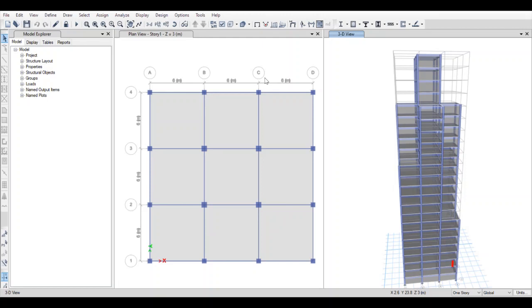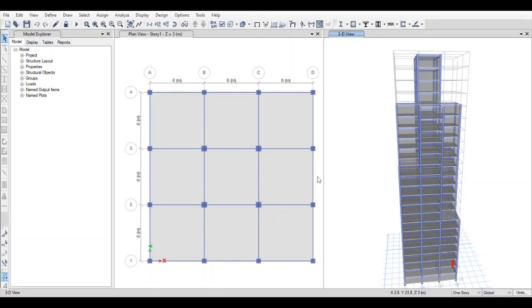What we can do is go to define, section properties, frame sections. We can increase the dimensions of the members which we have entered into the beam auto select and column auto select properties, and we can design the building for the loads.